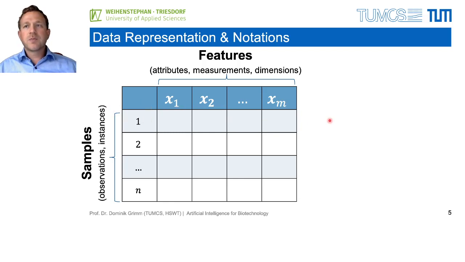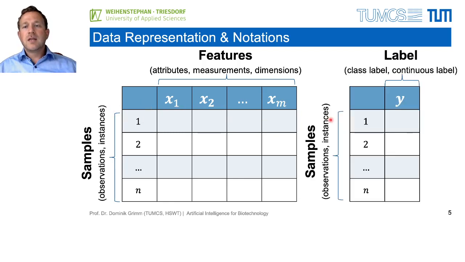And then in addition, we have the label. The label could be, for example, a class label or a continuous label. So for all our samples from 1 to n, we know which sample has which label. For example, let's say we're talking about disease. Then the label could be either this sample or this patient has the disease or it has not the disease, and so on. So in this vector, we can write down the class label, or if it's a continuous label,